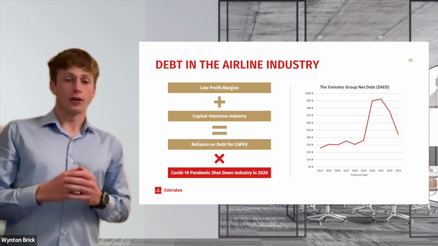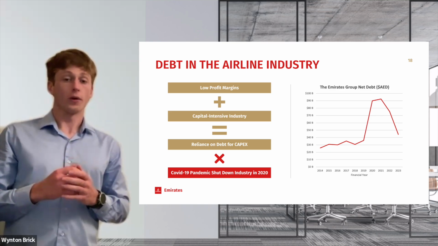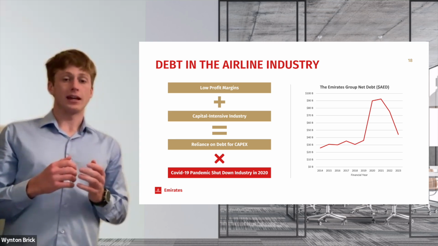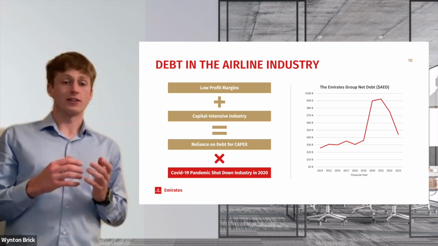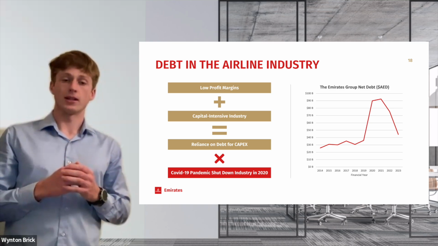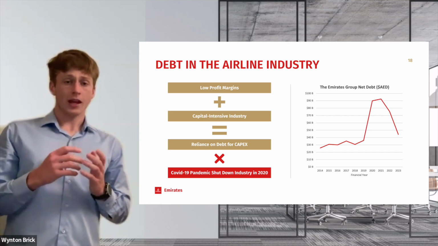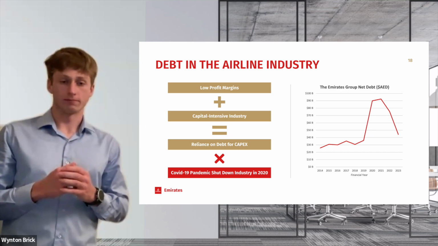To add to this, the COVID crisis hammered the industry, shutting off international travel for a period, with air travel not coming back to base levels until recently. This meant many airlines had to increase their gearing further. Emirates, for example, took out $17.5 billion in order to survive the pandemic. This left them with a net debt of $92 billion. However, they have since paid this figure down to $44 billion as of financial year 2023.